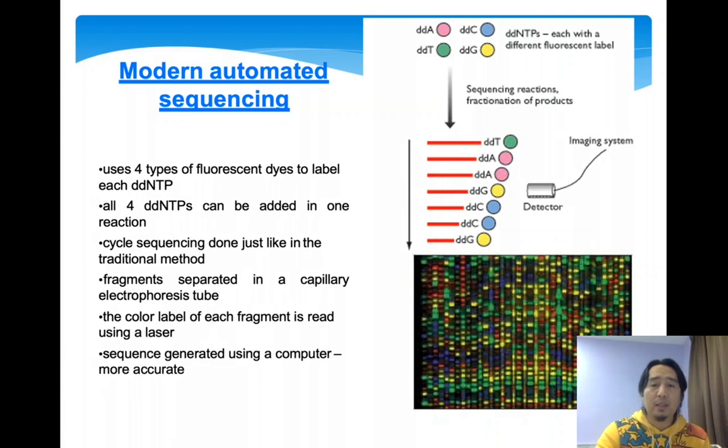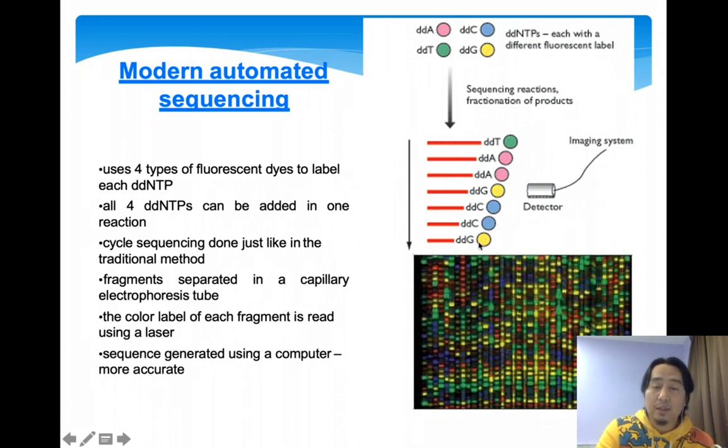Then the machine will read it automatically. So by the end of the day, you don't need to do an agarose electrophoresis to check the patterns, because the machine has already read the sequence of your sample